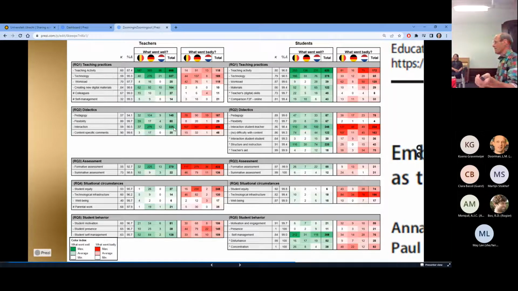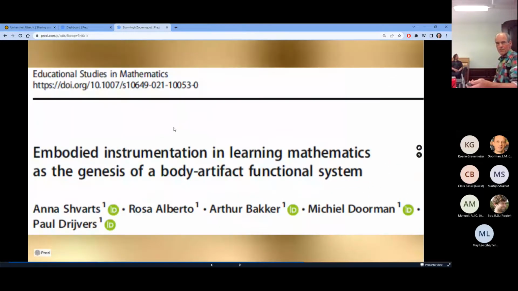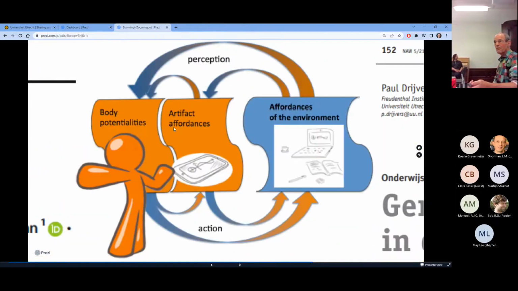Going back to the, at least in my point of view, more interesting examples of these movements with sign graph and the handwriting recognition that came through so badly. There's of course a theory about embodiment. This is Anna's paper in ESM last year, and I took the liberty to also take out a picture, Anna,